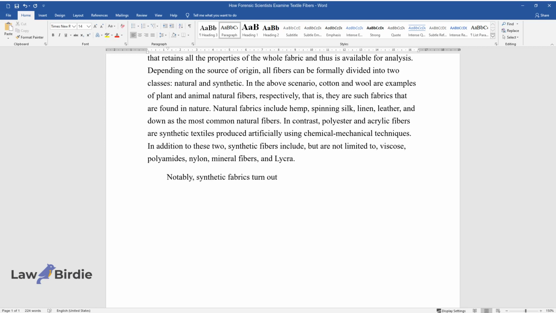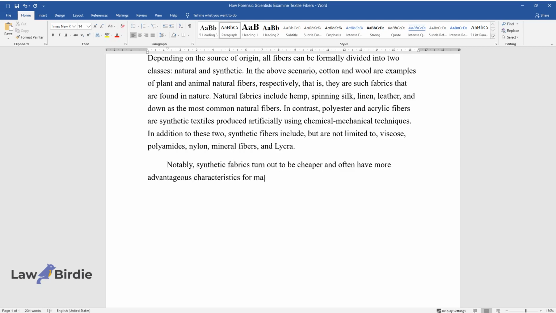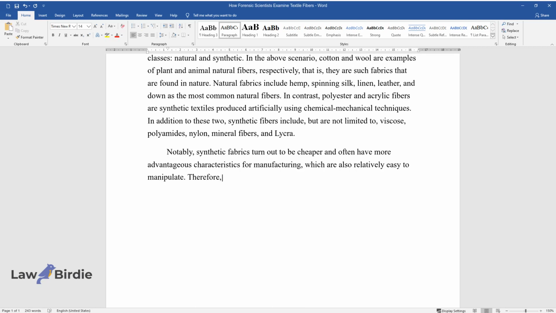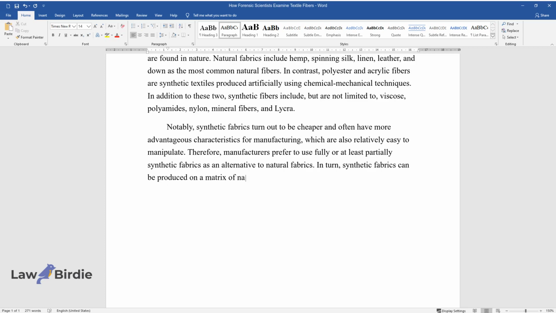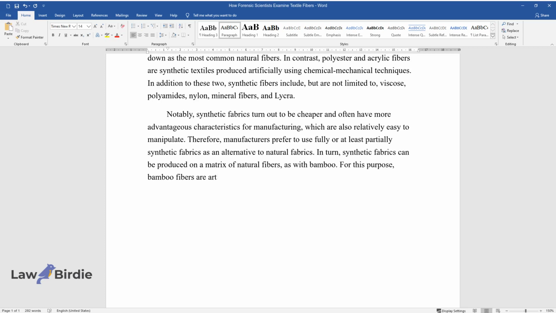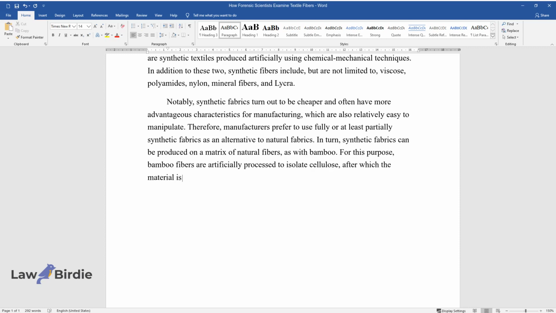Notably, synthetic fabrics turn out to be cheaper and often have more advantageous characteristics for manufacturing, which are also relatively easy to manipulate. Therefore, manufacturers prefer to use fully or at least partially synthetic fabrics as an alternative to natural fabrics. In turn, synthetic fabrics can be produced on a matrix of natural fibers, as with bamboo. For this purpose, bamboo fibers are artificially processed to isolate cellulose, after which the material is given the necessary organoleptic